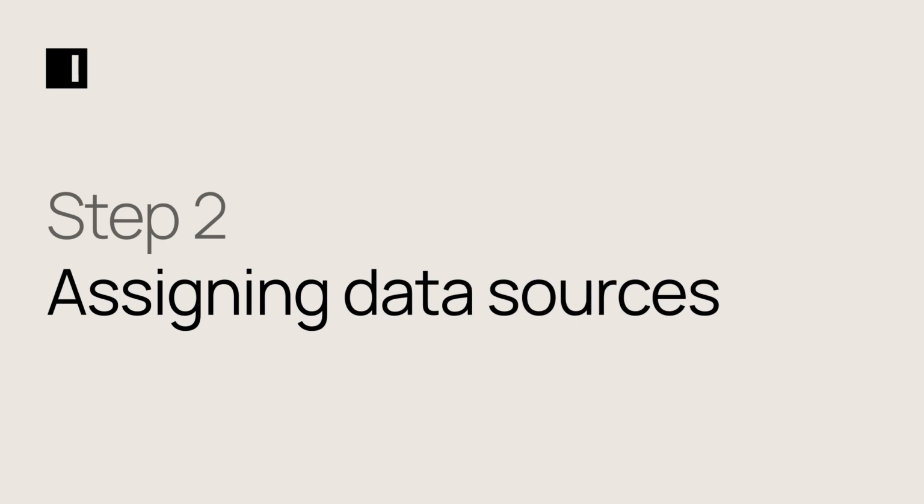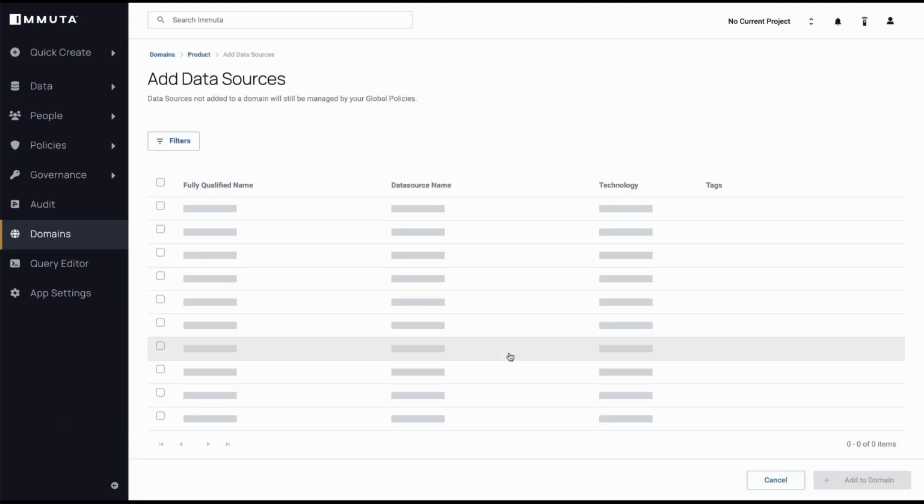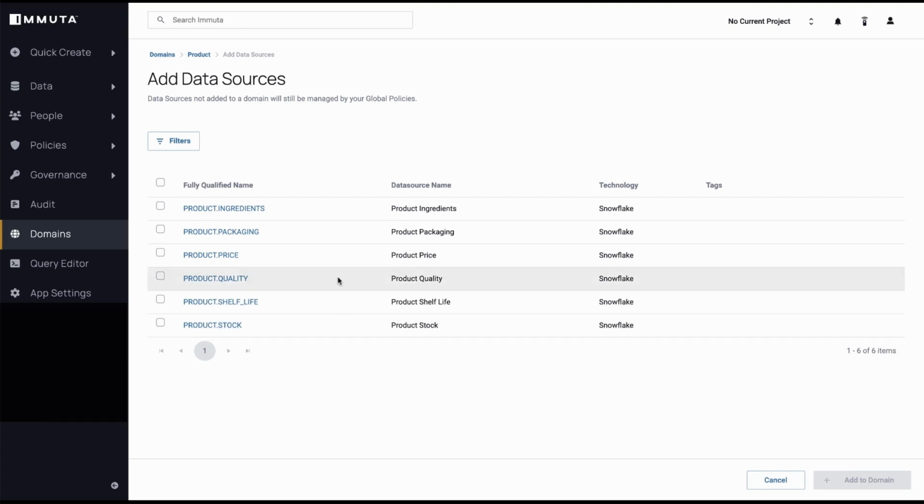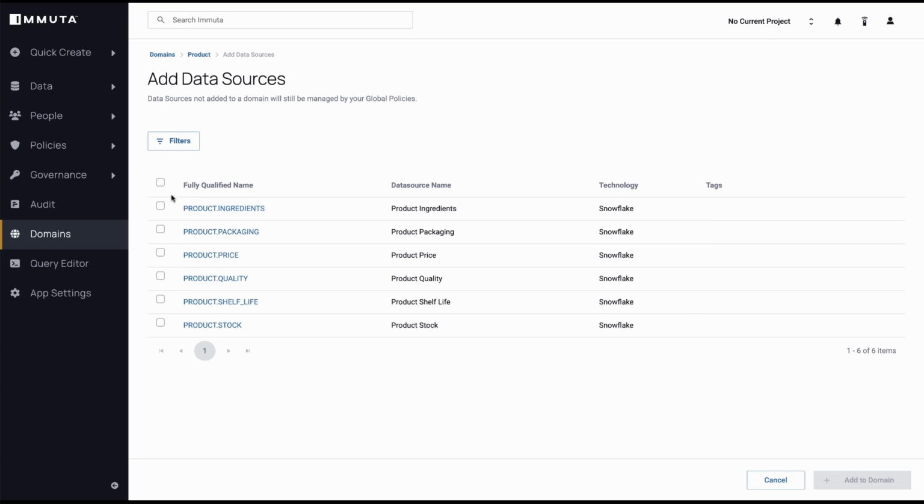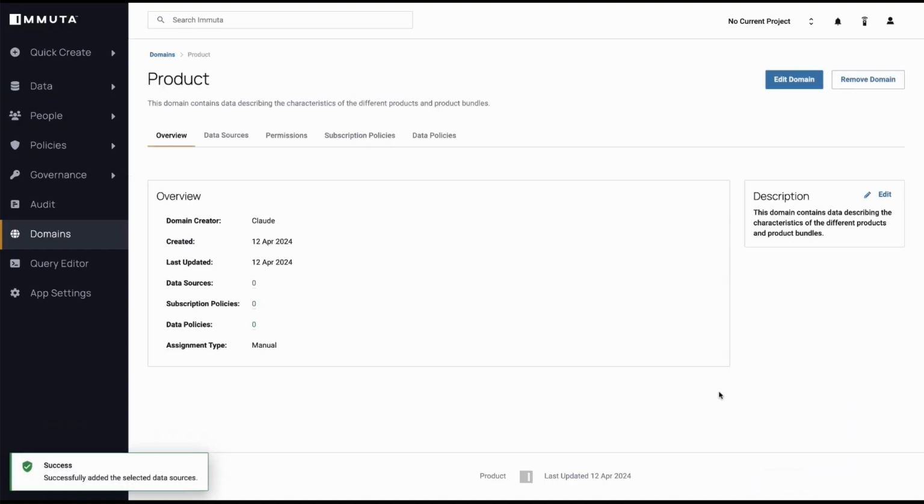As a next step, we want to assign data sources to this domain. We can see here currently there are no data sources assigned to this domain yet. So we go ahead and say that we would like to assign new data sources. And we can see here we have a bunch of tables prefix product, and that by chance is also the tables that I would like to add to this domain. So I do a mass select and click here, add to domain. And we can see this has been completed, and it tells us now that we have 6 data sources assigned